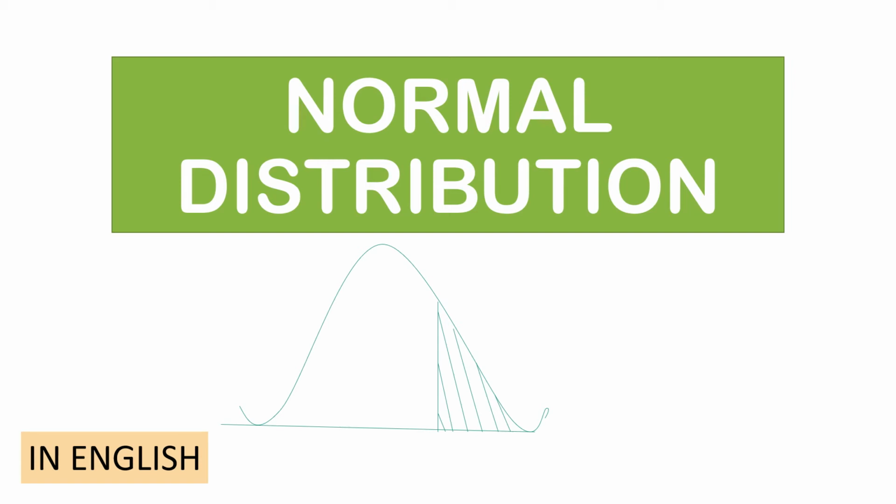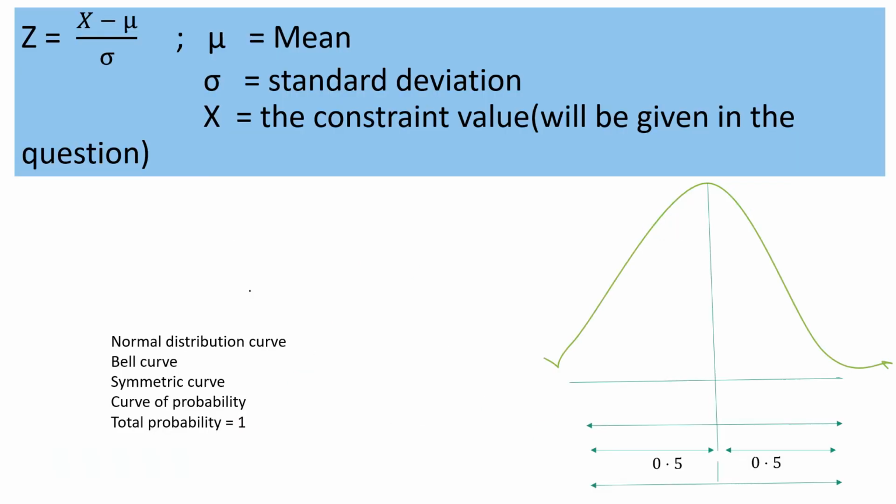Today we shall discuss the normal distribution probability curve. See, the normal distribution curve looks like this. It is a bell-shaped curve, a very symmetric curve on both sides, also called the curve of probability. What has to be seen here is that the probability ranging from this point to this point is equal